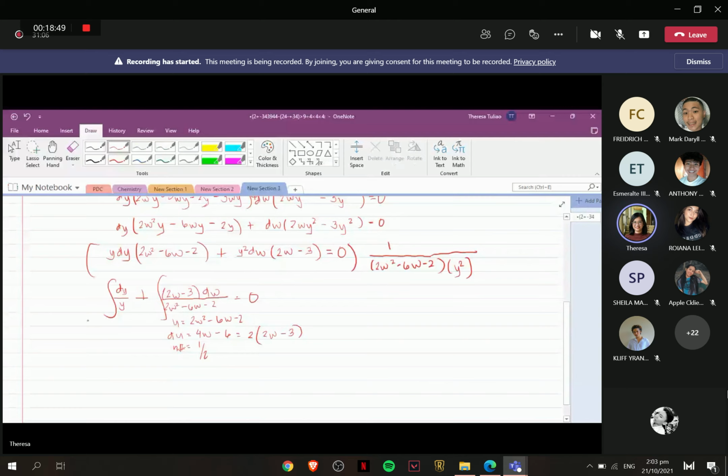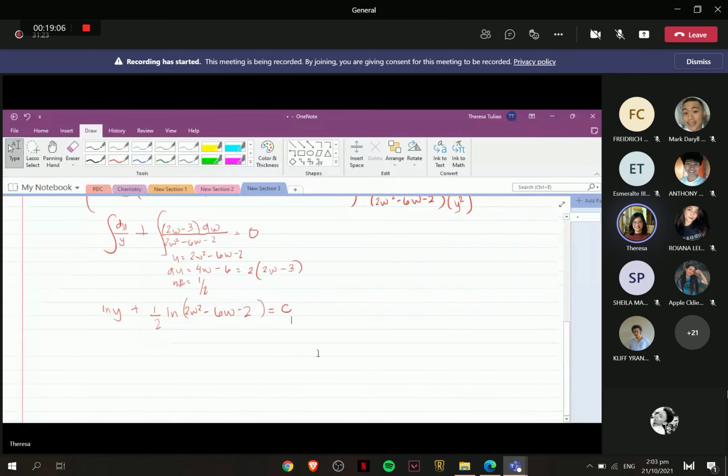So, ang u natin kanina is 2w squared minus 6w minus 2. Okay, this is quantity. Then, don't forget your arbitrary constant of integration, c. Okay. And then, ang mga susunod na steps is just simply simplification and resubstitution of the w to the original equation. Okay? So, para mawala yung 1/2, we can multiply this by,